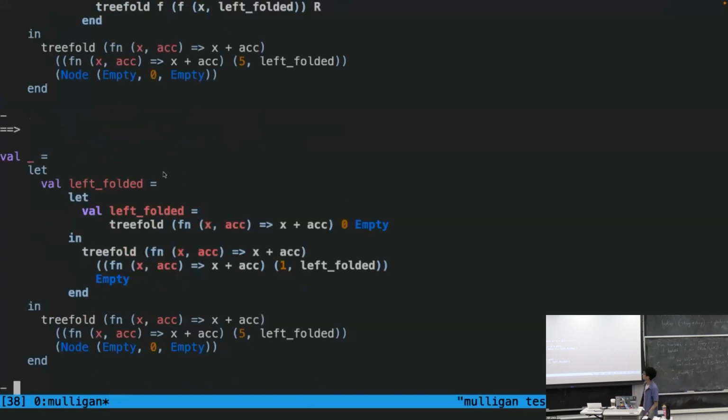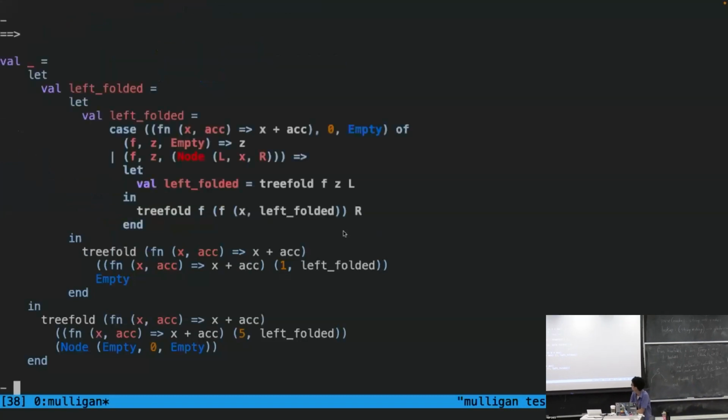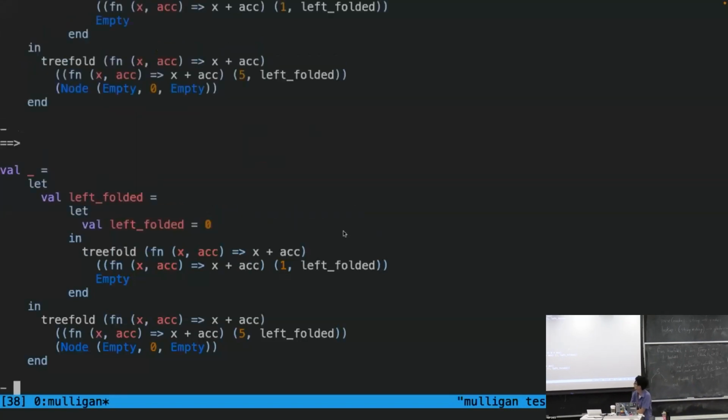So I'm going to, oh, wait. Did I lie to you? Is it not 1? It is 1, yes. Okay. And now I'm going to do another call to treefold L, where I'm folding the empty subtree, but my accumulator is 0, because I'm now folding the empty that's the left child of this guy. That's going to return to me my accumulator, which is 0. Okay, and then what am I going to do? I'm going to fold my root of my left subtree, which is the root of this subtree. I take that 0 and I pass it into